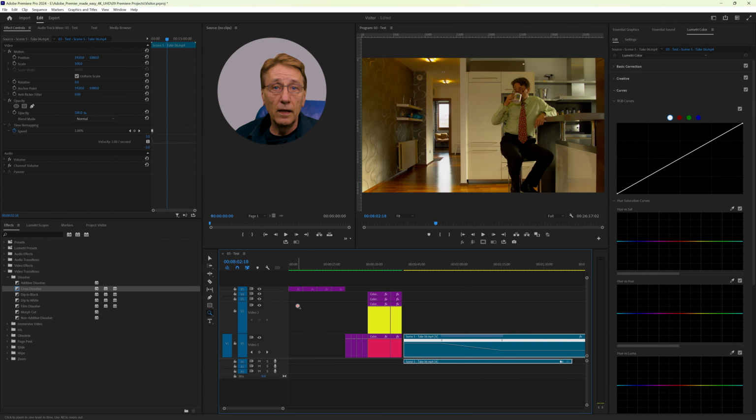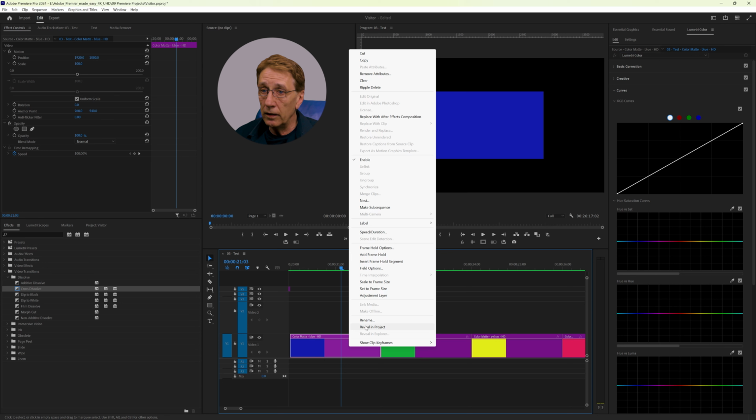I have here a color field with the dimensions of 1920 by 1080, which corresponds to full HD in a UHD sequence with dimensions of 3840 by 2160. So let's have a look. Reveal in project.